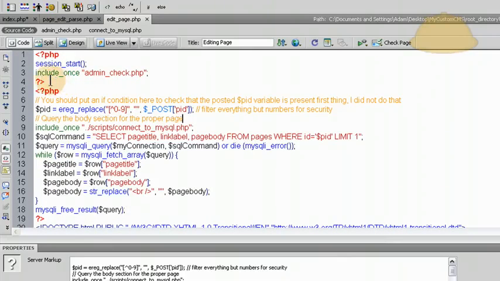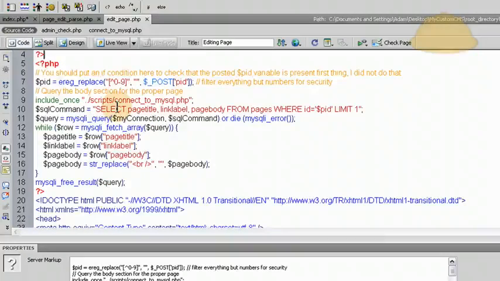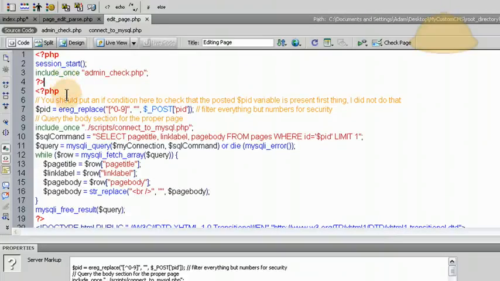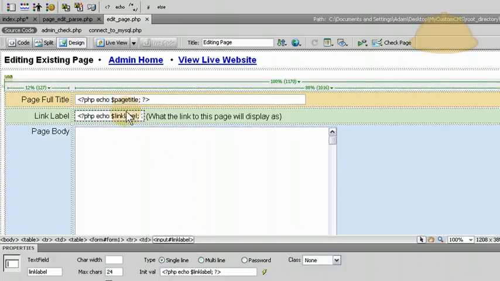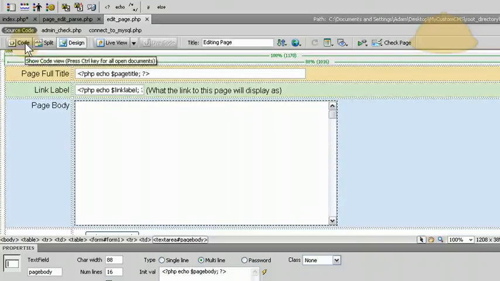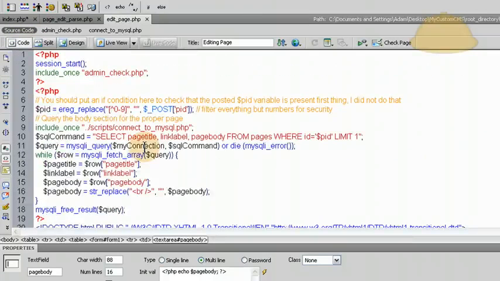Here we check for the admin check again to make sure they're logged in as admin with the session. And here we have another PHP block, not the parsing, but the request to gather the existing data for that page out of the database to throw onto the fields here. See how we're echoing the data into those fields? First we have to gather it from the database according to the ID that is sent into that field